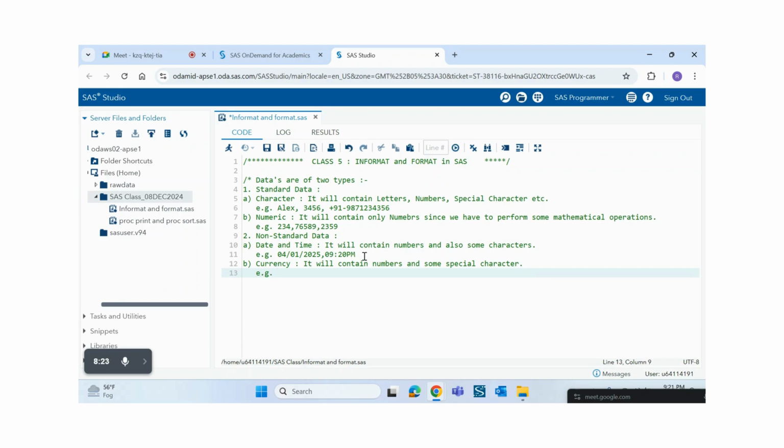Example, suppose we are presenting the salary of a person like $3,200,